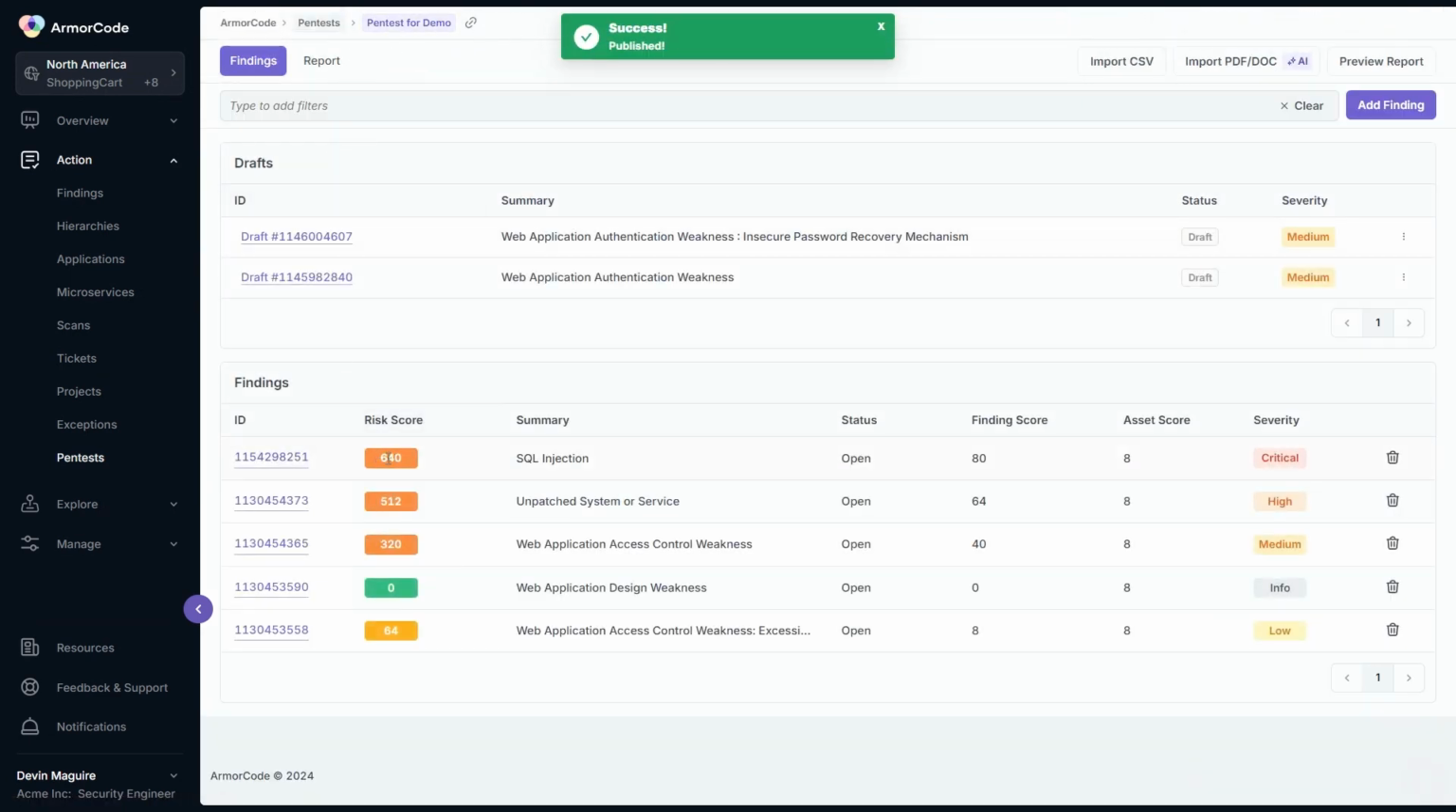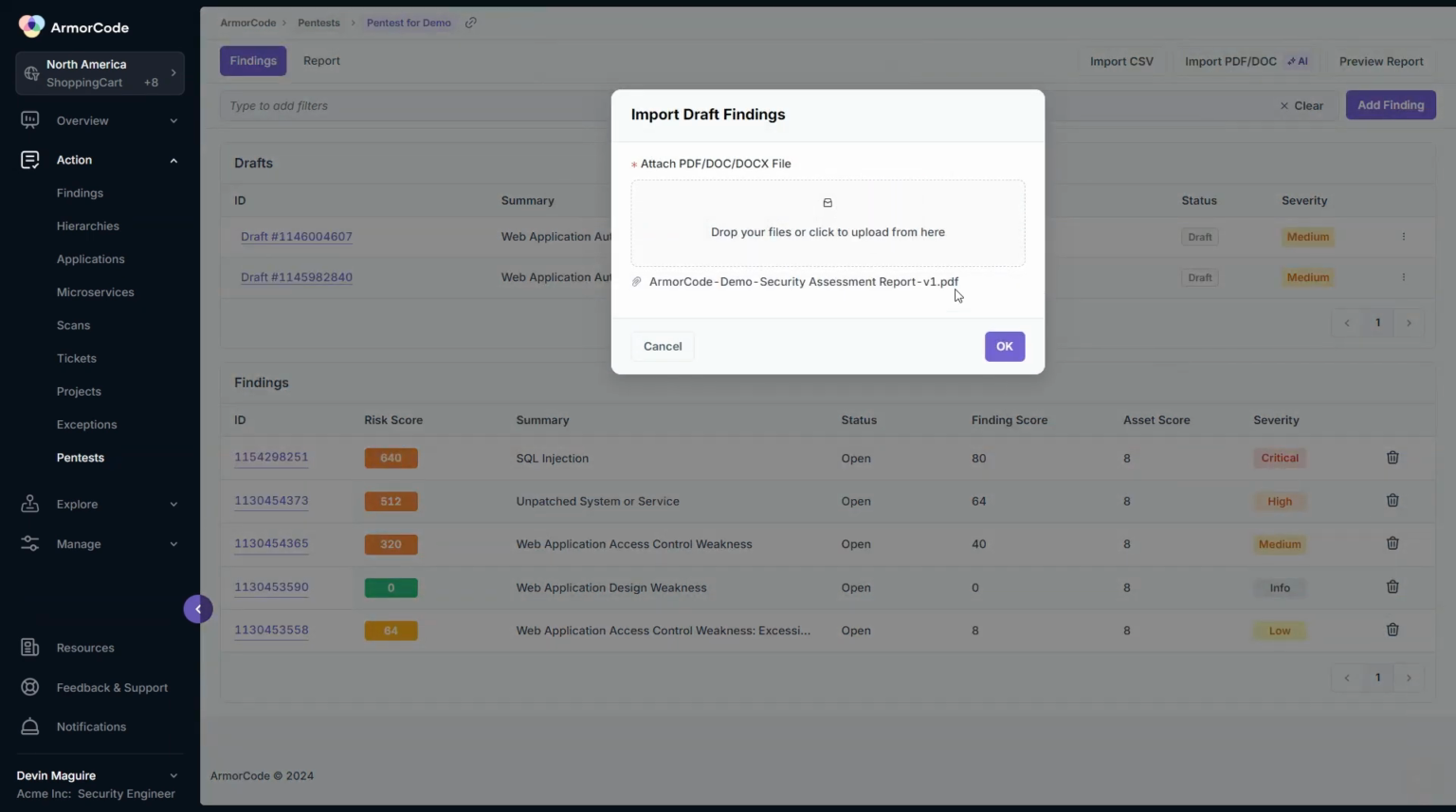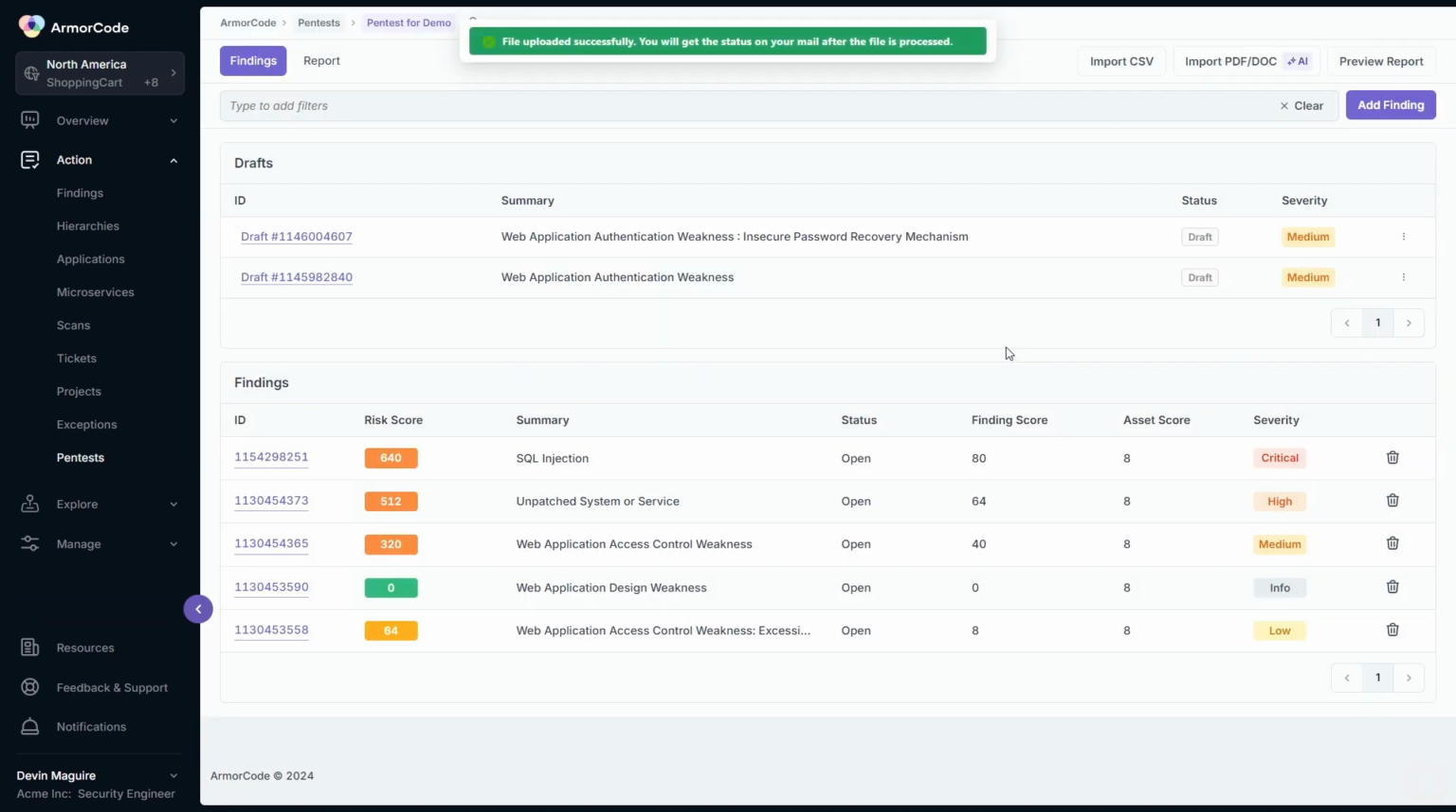You can also add findings from historical and third-party assessments via a CSV file or by simply uploading reports. ArmorCode leverages AI to turn PDFs, documents, and unstructured reports into structured ArmorCode findings. We'll circle back to how you manage findings in ArmorCode, but first let's stick with the pen tester workflow and